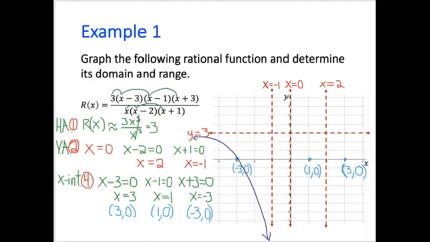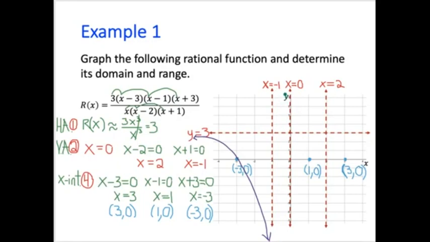Okay, so let's go ahead and draw the part of our graph that's in the interval between the vertical asymptote x equals negative 1 and the vertical asymptote x equals 0. So notice that we don't have an x-intercept here. That tells us that the graph won't be anywhere in this little region up here close to the x-axis, but it could be below that. You could have a little upside down U shape right here, or it could be above the asymptote. And we won't know until we do